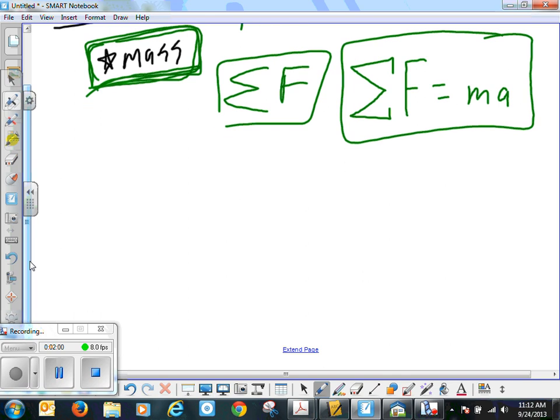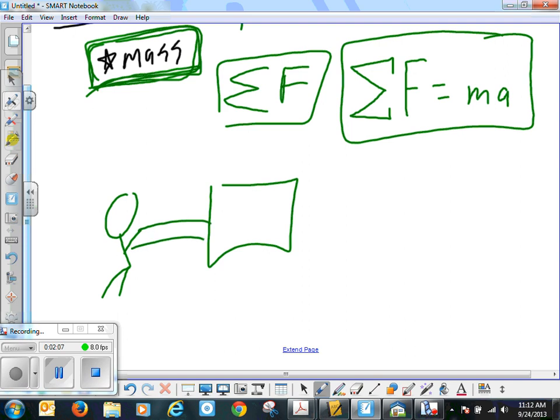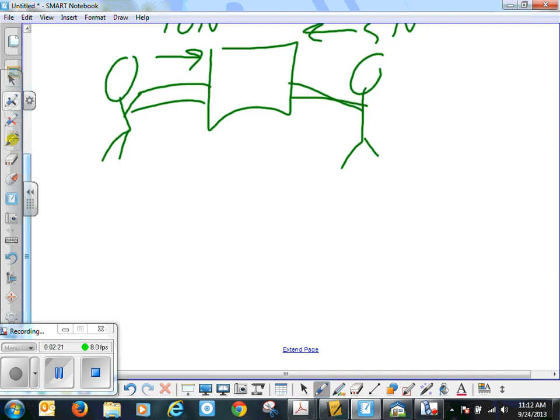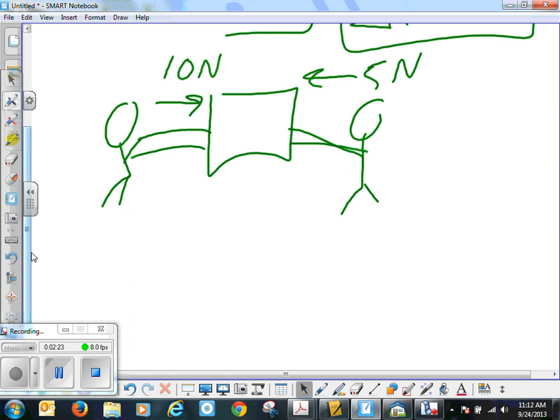If we look at that, we have a box. Here we have a couple people pushing the box. And let's say this guy is pushing with 10 newtons in that direction. And we have this guy pushing in that direction with 5 newtons. What's the summation of forces in this case? Well, the summation of forces is 10 minus 5 equals 5 newtons. So the box, if let's say the mass is